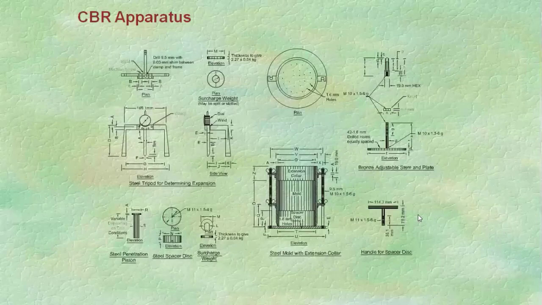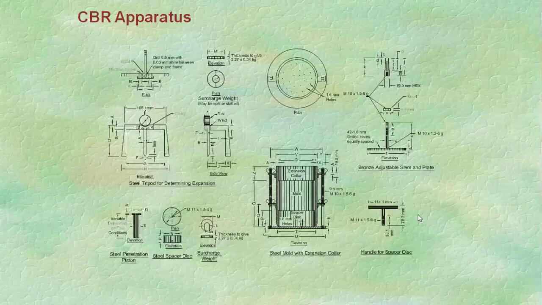So next is the soaking system. The compacted soil specimens are soaked for 4 days under the surcharge weight. Soaking of the specimen simulates the worst field condition that a subgrade soil can be subjected to, similar to the monsoon or post monsoon condition. Then next is the miscellaneous. Basically, it is the dial gauge, least count 0.01 mm, and a balance, least count 10 g. Graduated jar, straight edge, mixing pan, spatula, oven, sieves of sizes 20 mm and 4.75 mm, and filter paper.